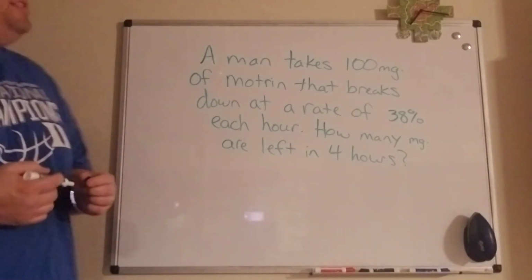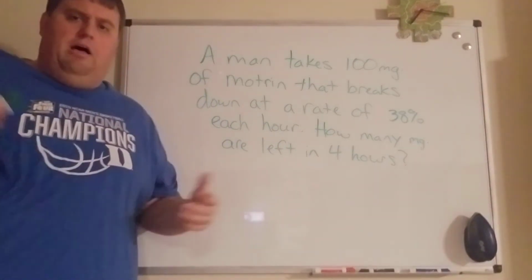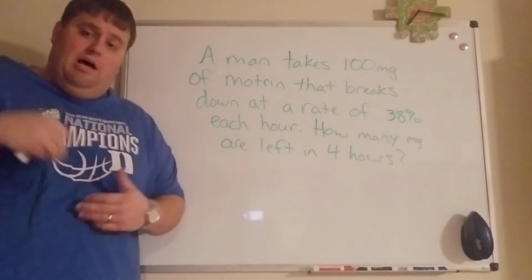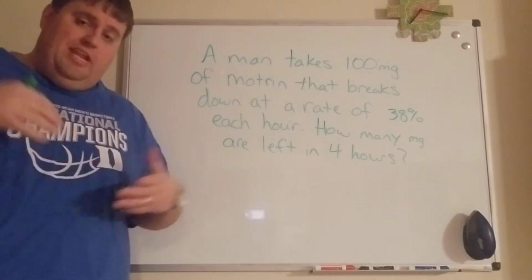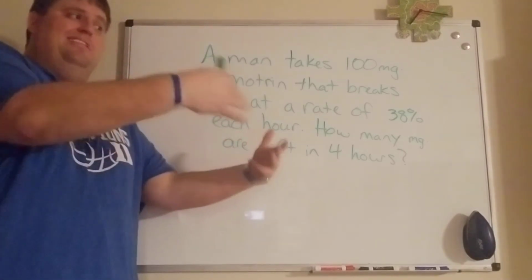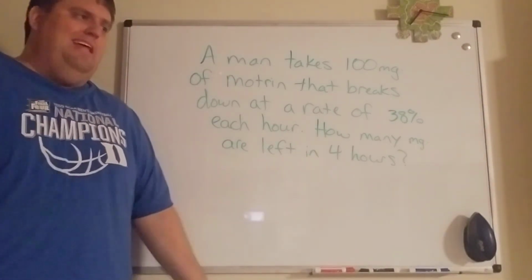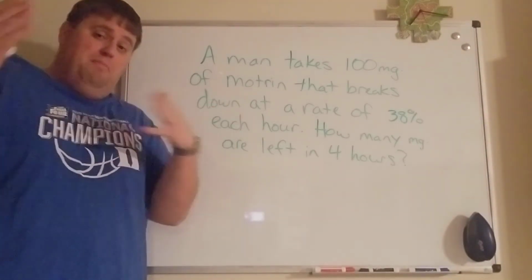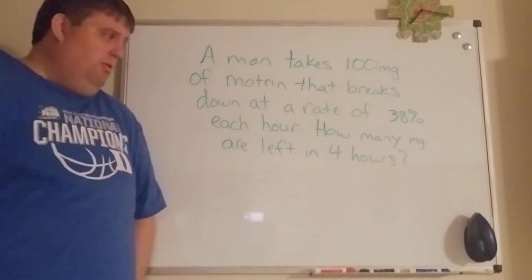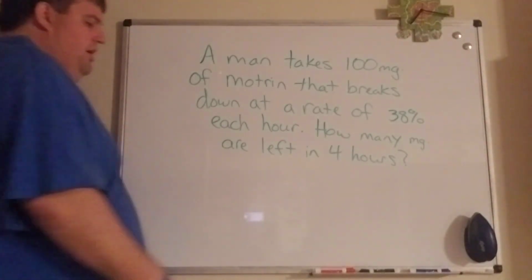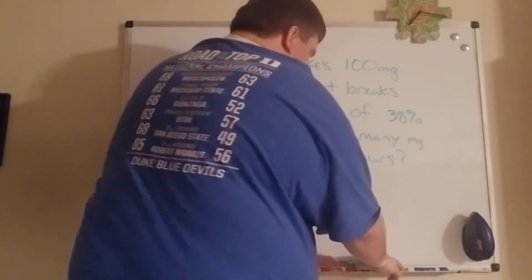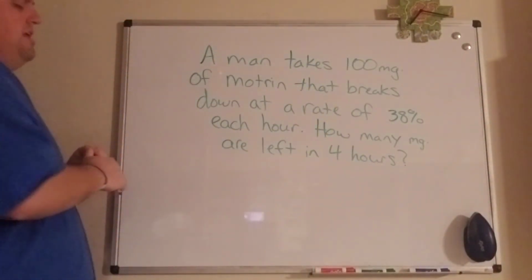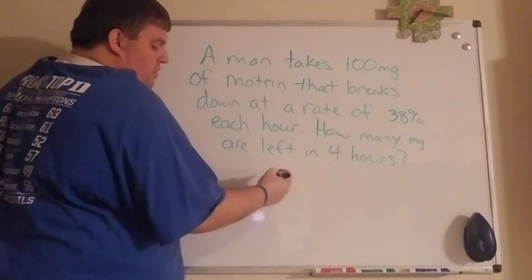Okay, this is another really good exponential model, and it's medicine breaking down in your body. Medicine has time release so that it helps you now and it continues to help you. It breaks down exponentially, some, then some more, then some more. So the difference here is that we're decreasing, because this thing is breaking down. So when we come up with our formula,